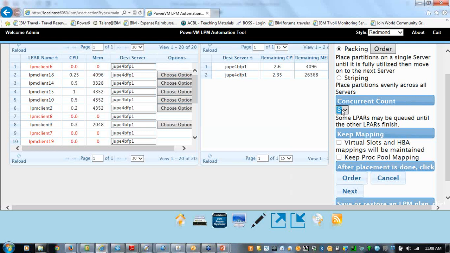You know, if you're in the Joe pool on the source, we'll put you in the Joe pool on the destination. If you're in default pool, we put you in default pool. So we'll keep that mapping, but we won't change the pool sizes. We won't create pools for you. We assume you know what you're doing with this.